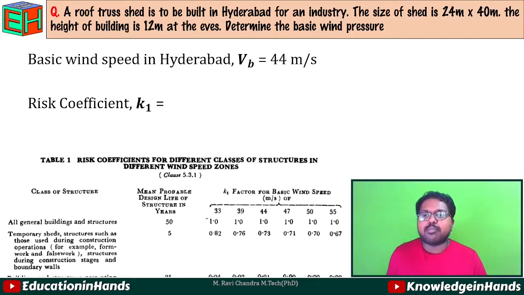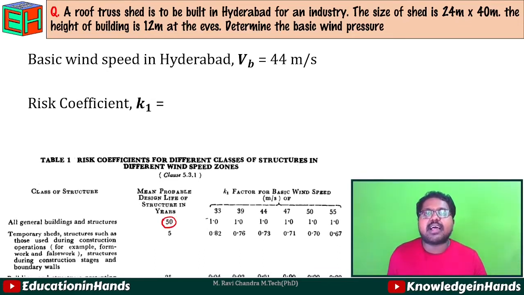In this table, the class of structure means the probable design life of the structure is 50 years, and they gave the value of K1 for